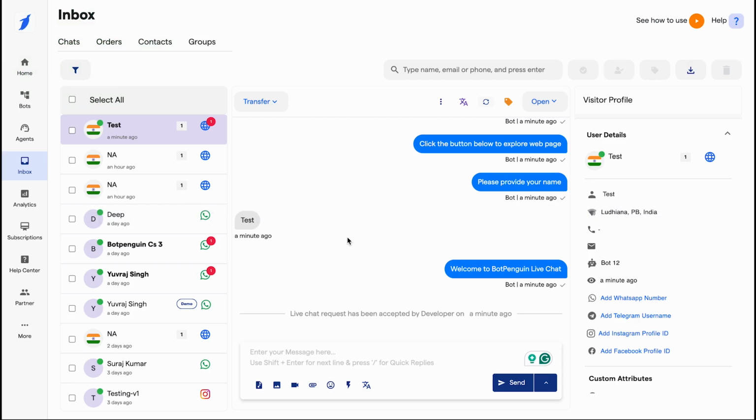In this video, I will explain how you can transfer the live chat to your team member. So let's get started. Simply log in to your BotPenguin account and open the inbox. I have initiated this live chat as of now. In case I want to transfer this live chat to one of my team members, I will